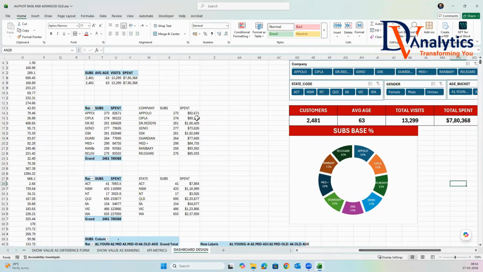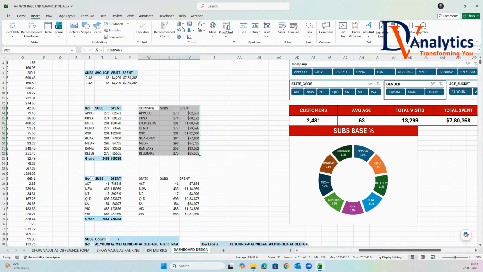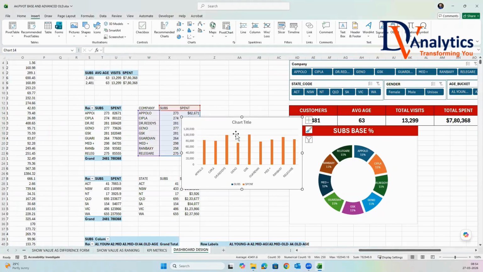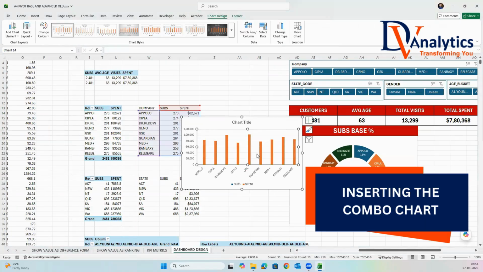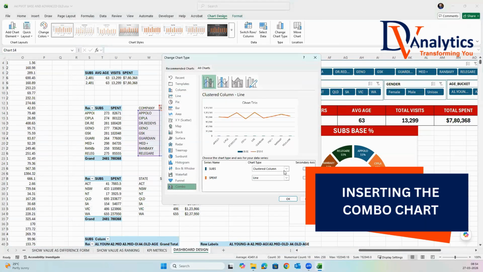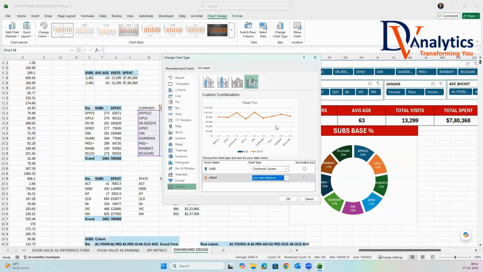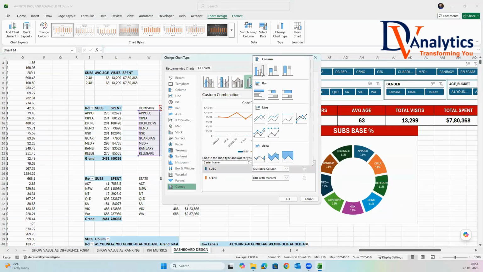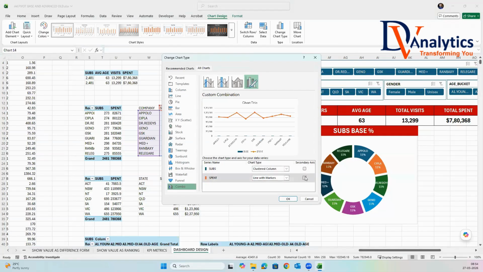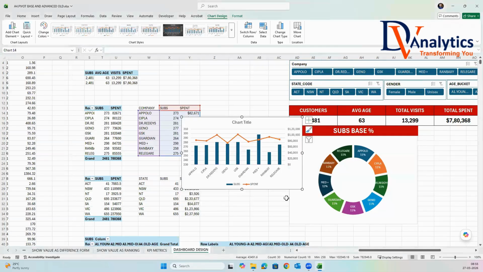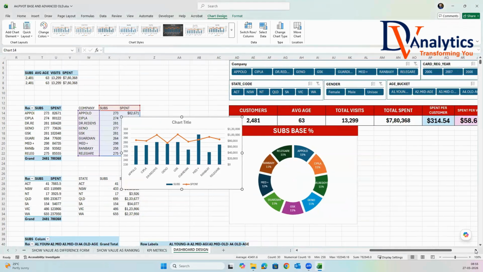Yes, sir. Next, what you can do, you can select these two charts together, insert, create as a combo chart. Go to the chart type, make it as a combo, make this as a line with marker, and this should be clustered and make it as a secondary axis. Now you created a chart